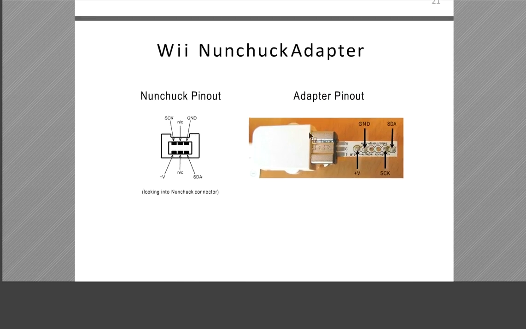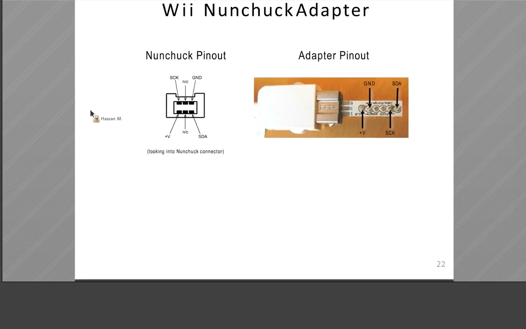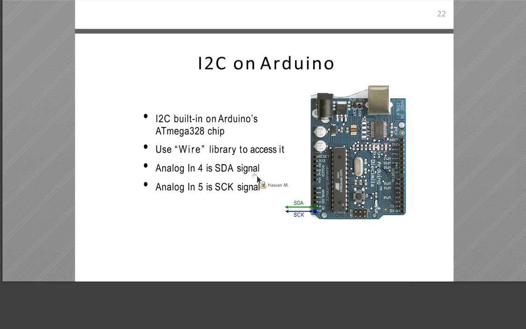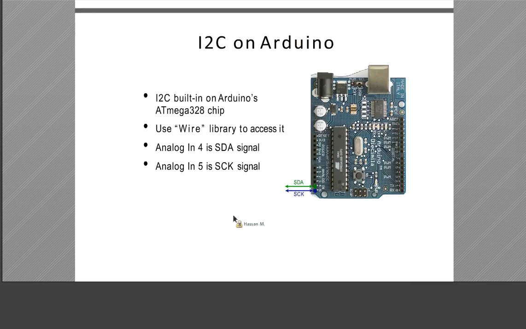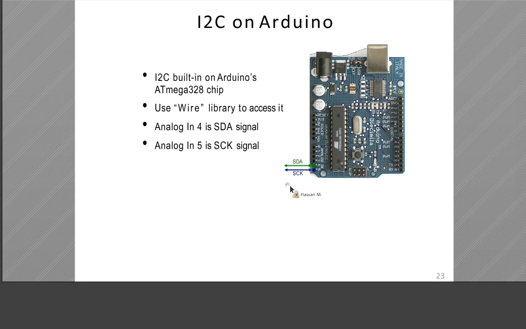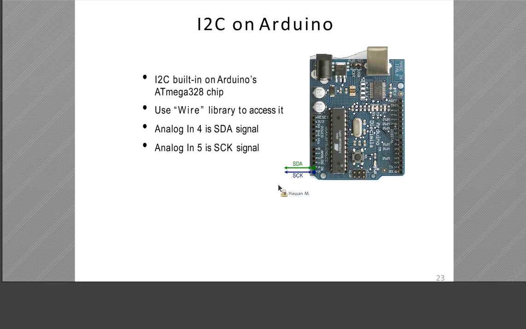Okay, and it's connected. For example, we see here serial data connected and VCC. But in our Arduino, we said previously here in our A5 and A4. When you use I2C, we don't use A4 and A5 as such, but these 2 pins are used for SDA and SCL, serial data and serial clock for I2C. Here, I2C is built in on Arduino's ATmega